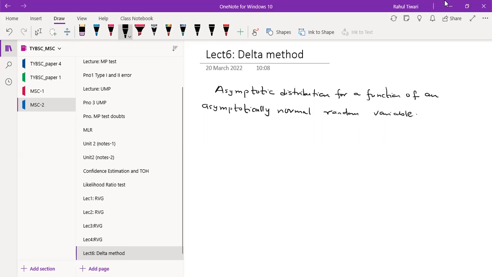So there is a theorem based on that. We'll just state the theorem. We don't have the proof of this. We will just require the theorem, the understanding of the theorem, what it is and how it exactly works. Okay,